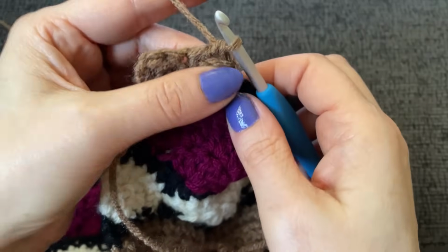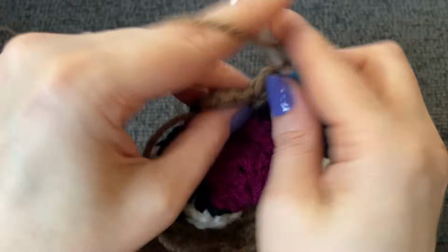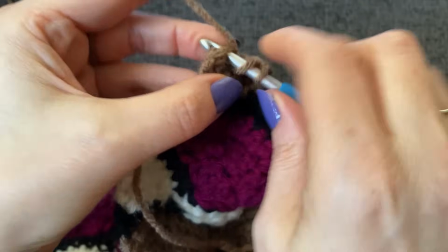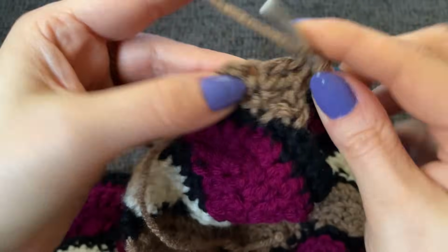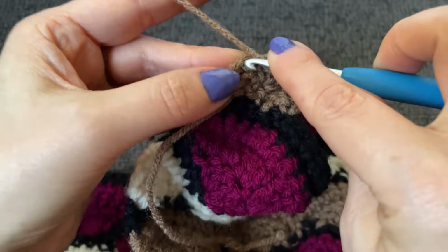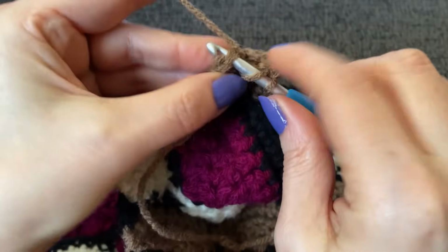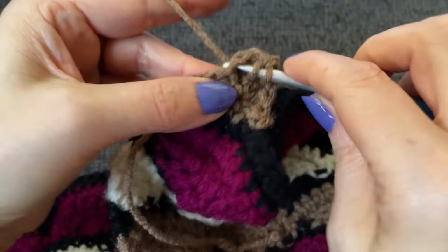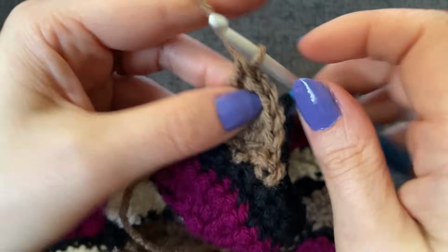So 1, my guess is they want this to look like a double crochet. 1, 2, 3, 4, and then into our starting stitch, we're going to work 2 in there as well for a total of 6 double crochet in a row. Okay, then we turn